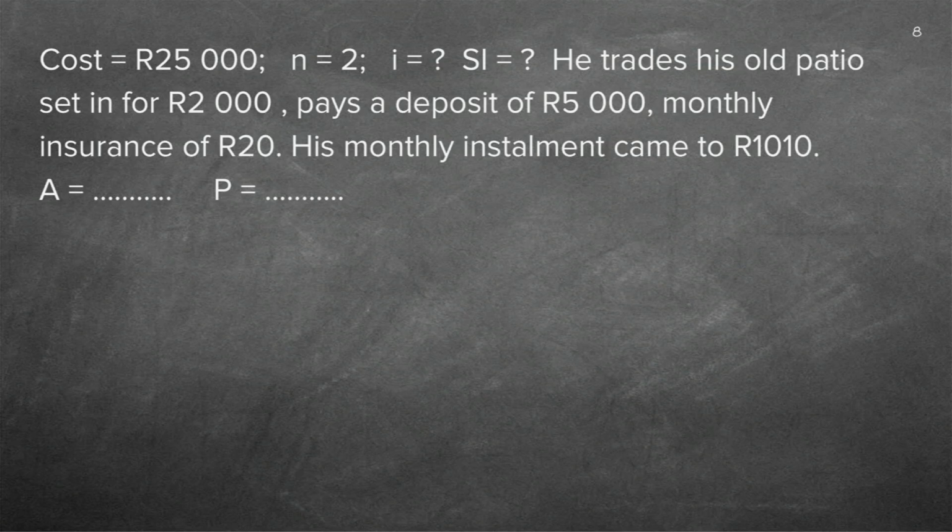So I'm going to immediately take the 25,000 and subtract 7,000. You all agree why it's 7,000? Because it's the 5 plus the 2. And that gives me 18,000. So I know that is my beginning amount that I'm going to borrow from the bank. There's my 18,000, so I've got one piece of information there. I know that the N is 2. I do not know what the interest rate is, and we'll find that when we get to the answer.